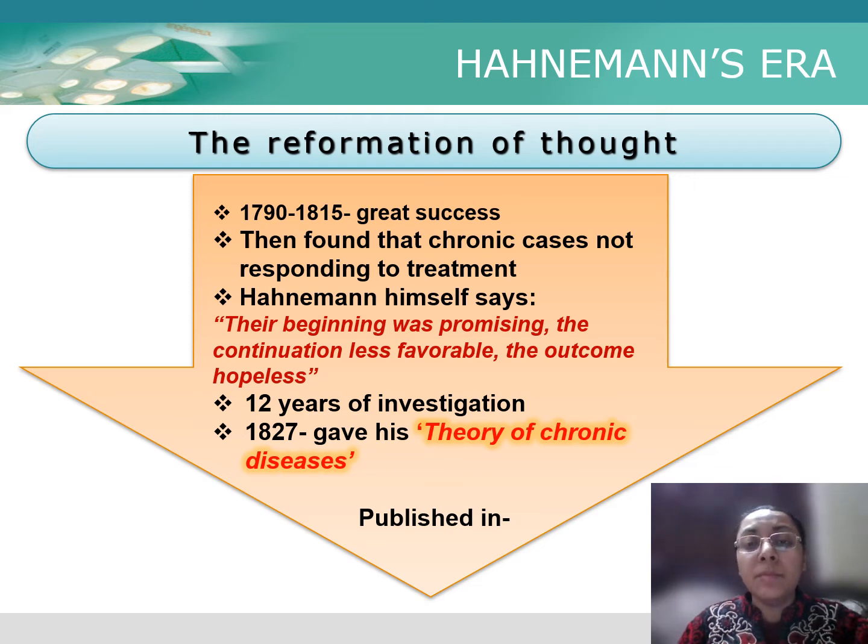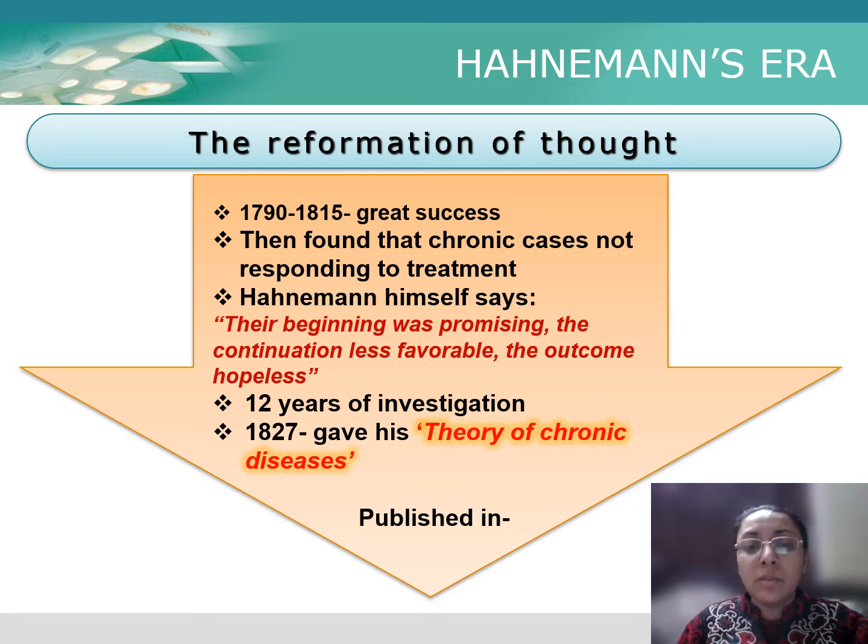Hahnemann himself has written that their beginning was promising, continuation less favorable, and outcome was hopeless. So basically, he was not able to see a response coming, a cure coming during the treatment of chronic